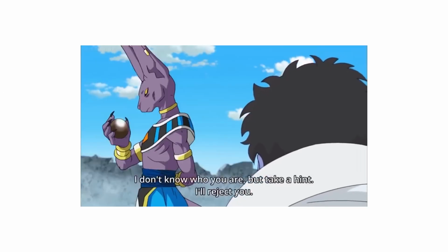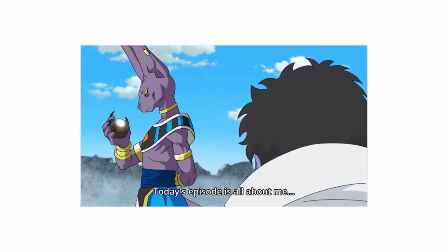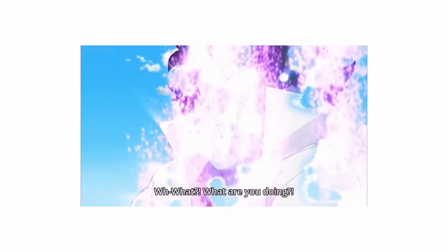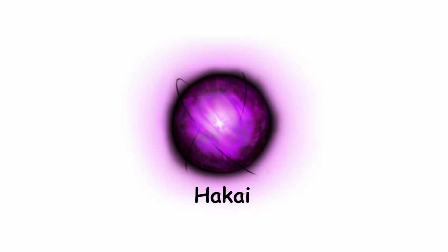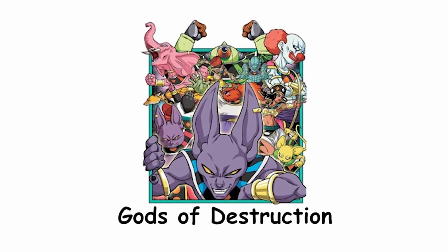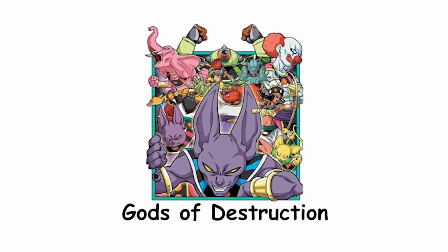Hakai. Hakai is a super strong attack that can destroy almost anything. When a character uses Hakai, they send out a powerful energy wave that makes their opponent disappear completely. Hakai is mostly used by the gods of destruction. These are very powerful beings who have the job of keeping the universe in balance by destroying things that are